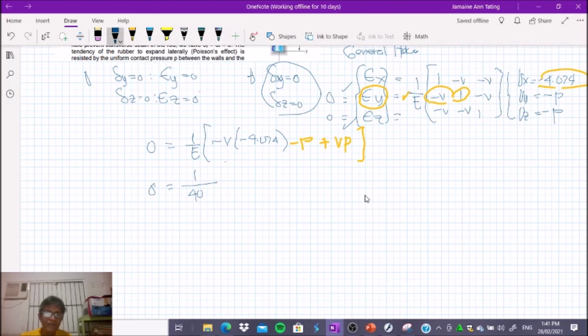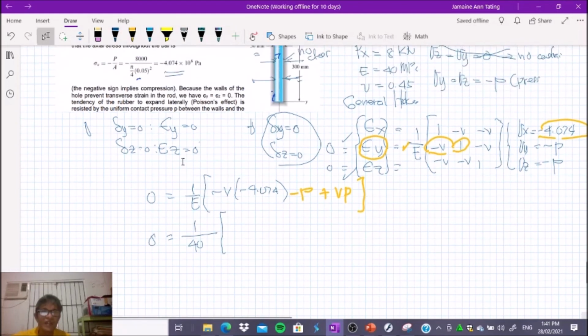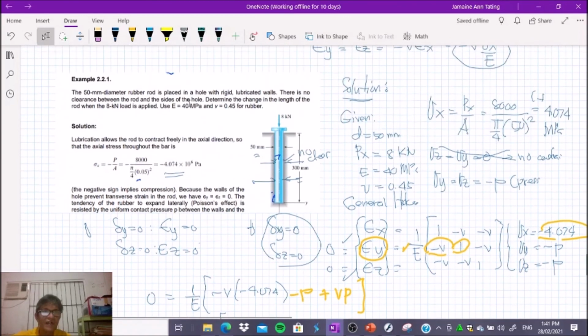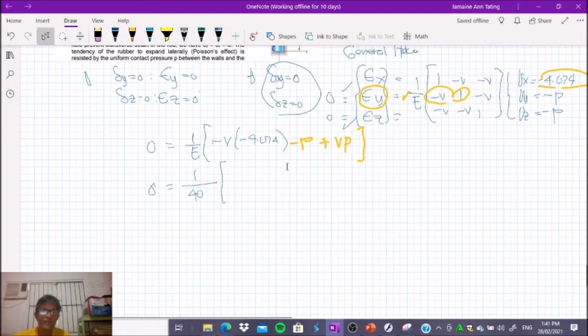Then we have negative V. What is V? 0.45. So that is negative. So negative times negative magiging positive na yan, 0.45 times 4.074. Okay. Then minus, kasi 1 times P, so minus P